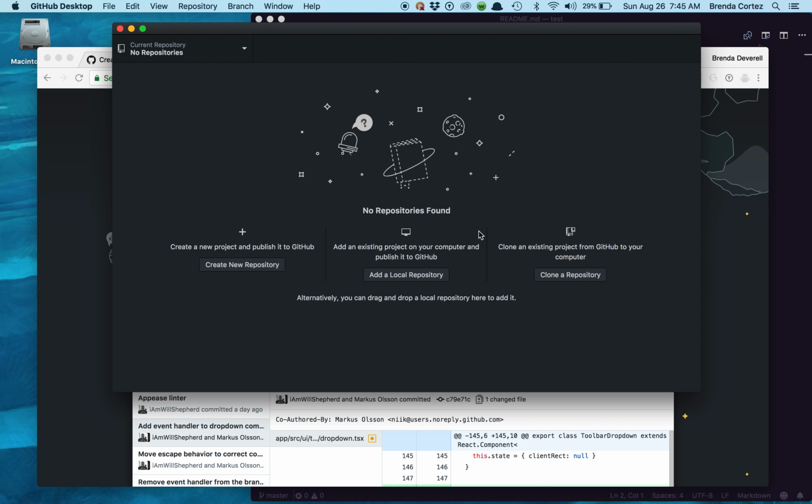So to start, when there's different options, as you can see here, there might be a case where you're starting a new project and you want to create a completely new repository. Then it could be a situation where you already have a folder containing your project, and then you want to push that to GitHub, or there is a repository in GitHub that you want to clone locally so you can work on it yourself. So in our case, we're going to create a new repository,